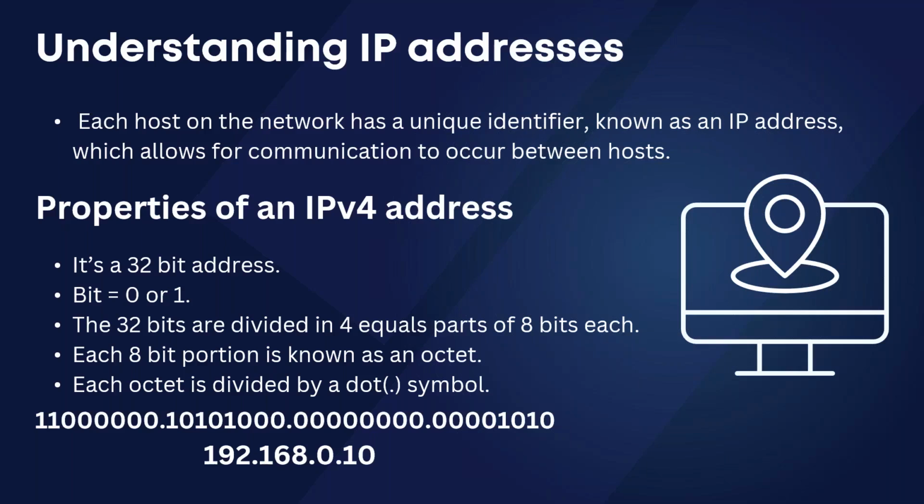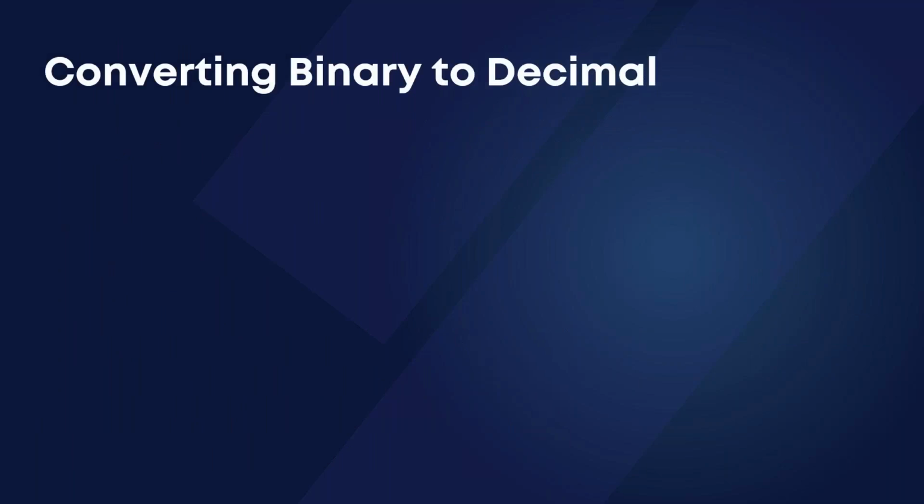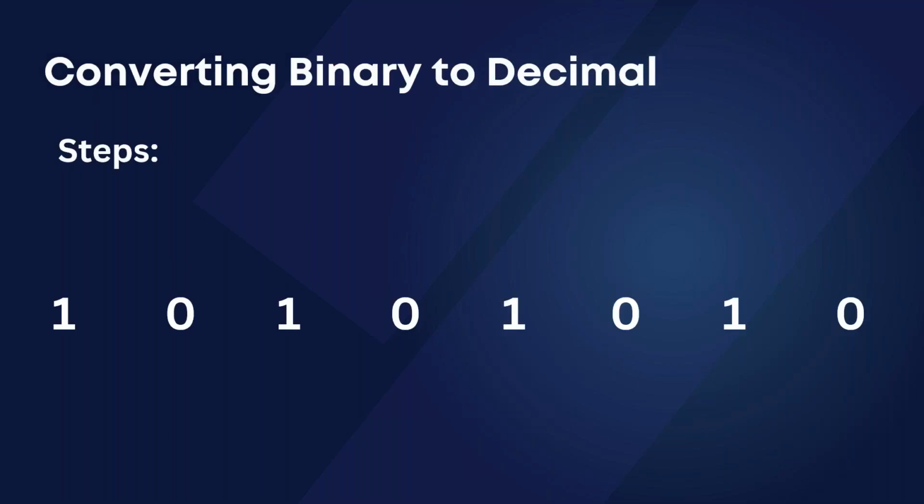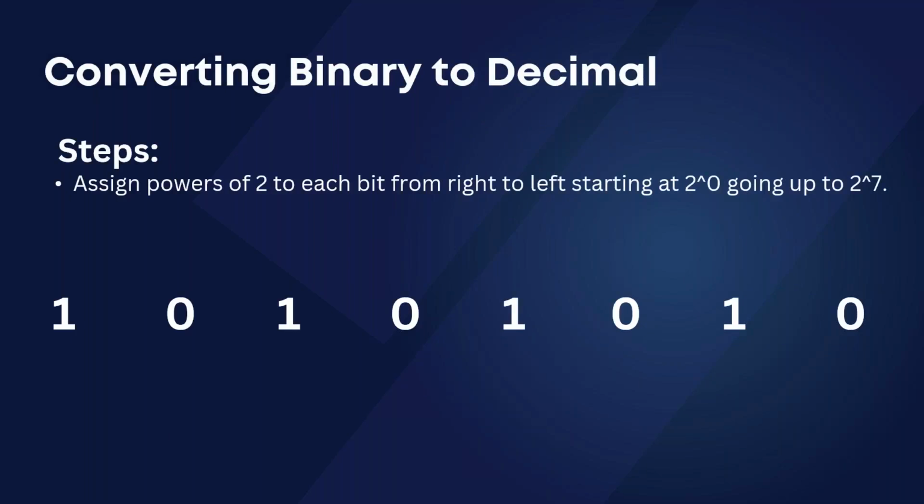As you have questions, let's progress further. Now, as mentioned, let's talk about the conversion. Whenever you want to convert any binary number to a human readable decimal number, rule number 1, let's say, assume you take this binary number here, 10101010. Rule number 1 is you assign the power of 2 to each bit from right to left.